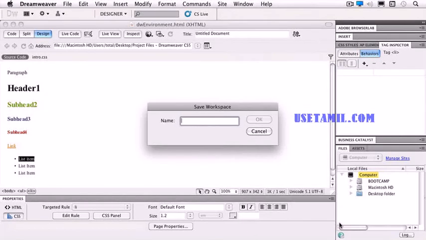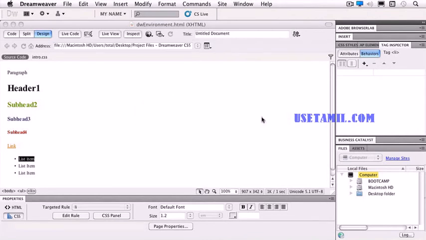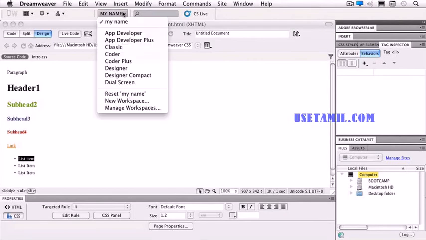And I can just name it. Say OK. And now the next time I make changes, this is available to me in my drop-down as the very first thing. So let's take a look at the panels on the right-hand side just to know what you have available to you,